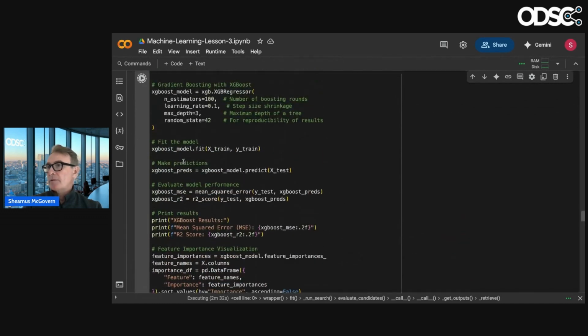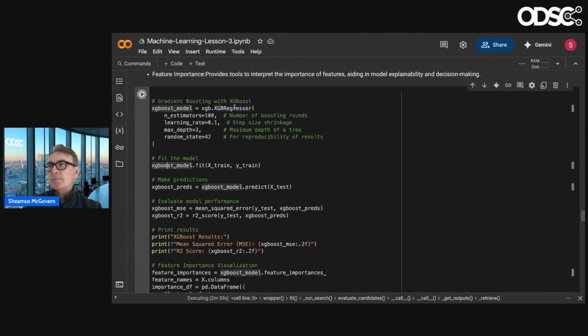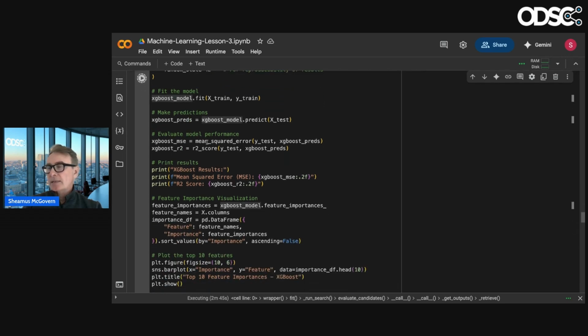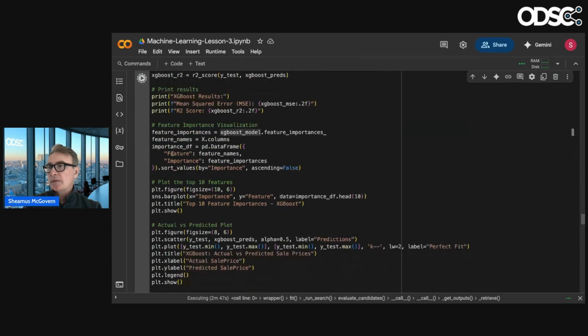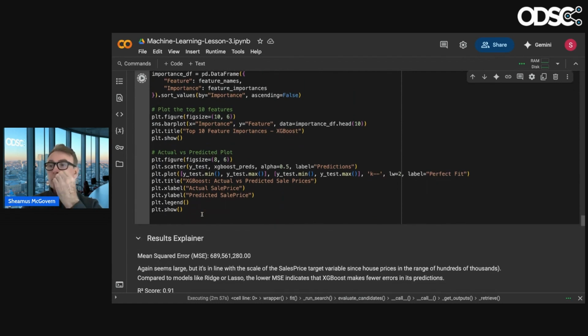Let me just show you the code here. I'm still fitting the model, but now I'm using a boosting model, and that boosting model has these parameters set to it. I'm getting the mean squared error and the R squared here, pretty obvious. I'm also plotting, just like I did with the decision tree and the random forest, the 10 most important features for XGBoost, which will be interesting to look at.